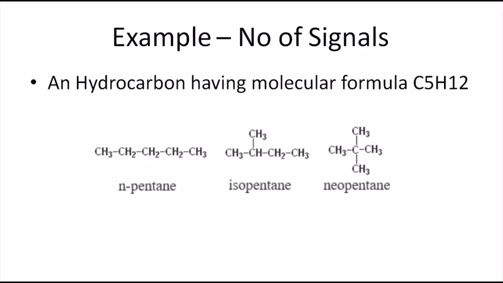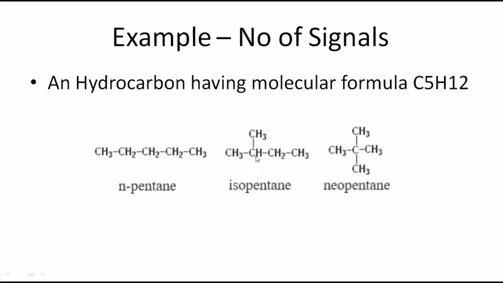If the mirror image is identical, altogether they will give the same signal. You can consider it like this. Therefore, if you keep a mirror here, these two will exactly reflect, and therefore this CH3 and this CH3 will give one signal, and these two CH2 and this CH2 will give one signal. There are two signals, and this CH2 gives one signal. Therefore this molecule gives only three signals, though there are five carbon atoms. It will give only three signals.